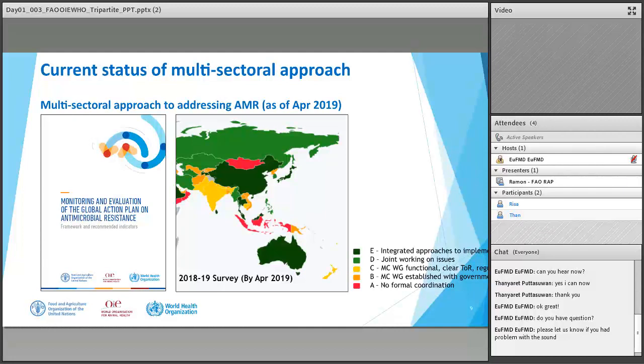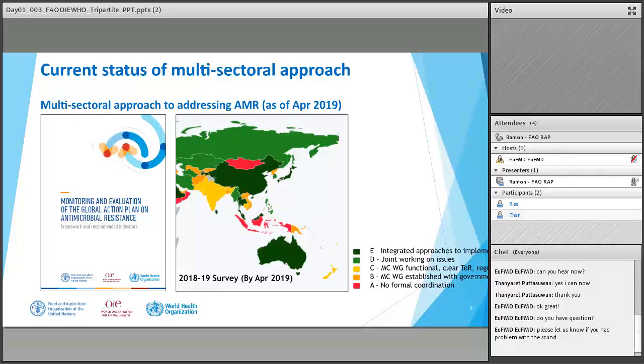So, to implement the national action plan, they have to have their own setup, they have to generate their own data, they have to do reporting. And to do reporting, we need a lot of infrastructure, systems, and all these things. So you can see, number one is under One Health integrated approach to implementation of NAP. So you can see the green countries, they have a very good system in place to integrate all these things, and some of our countries in the region are doing quite well.